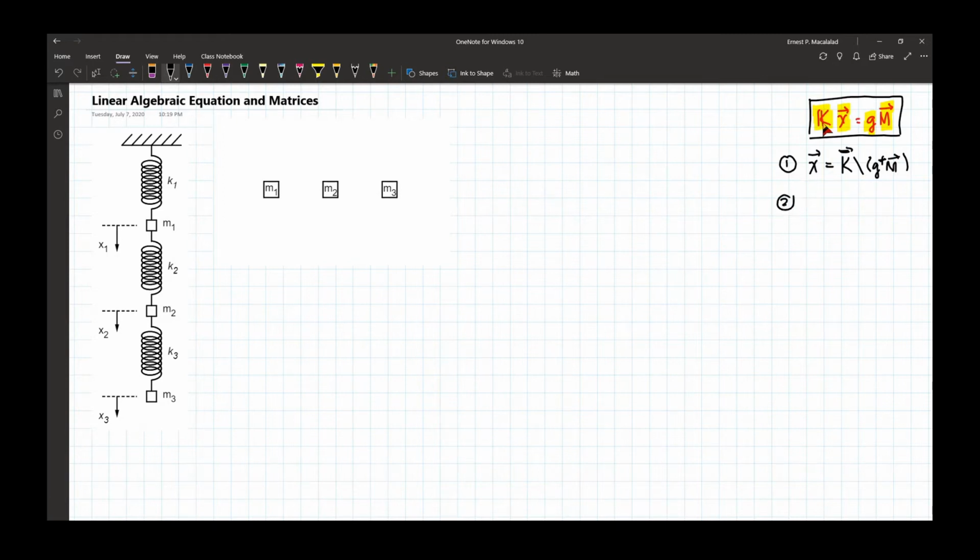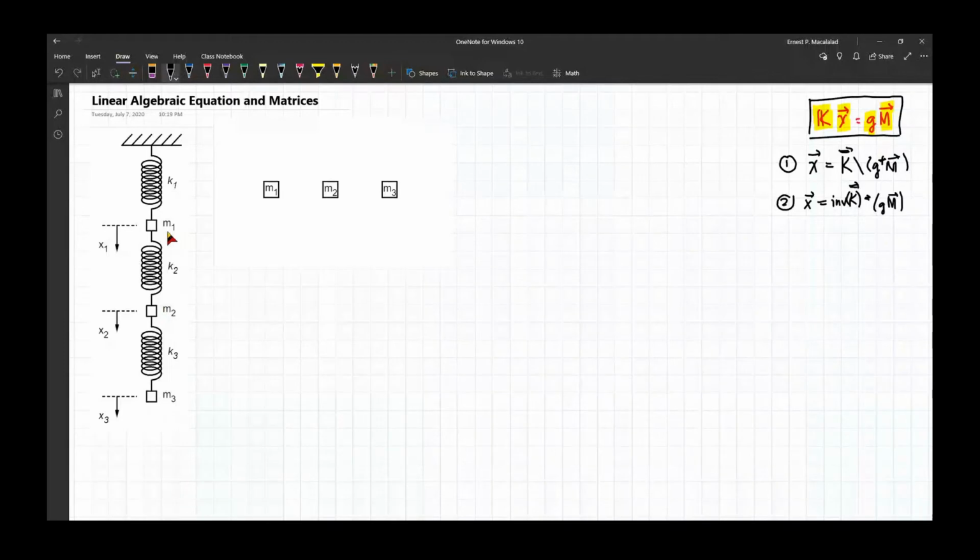Another way is we take the inverse of k. So that inverse of k times k would be the identity matrix. And then the other side would be inverse of k times g times m. So this is another way. X is equal to the inverse of k times the product of g and m. So we're going to use this method to solve, let's say, your three particle